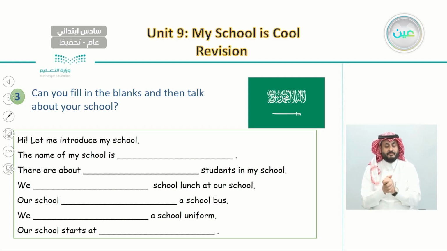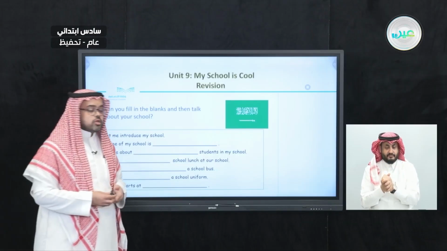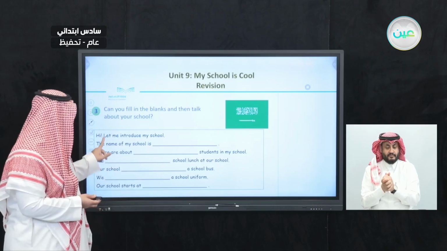So we said here that after reading all of the information about all 6 questions, what we need to do here is just fill in the blanks with the information we have, so we have a better understanding and also practice writing about our school. So let's also read this text so we can know what we should write.